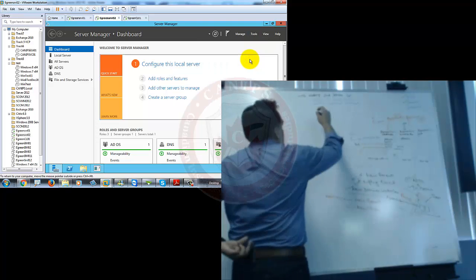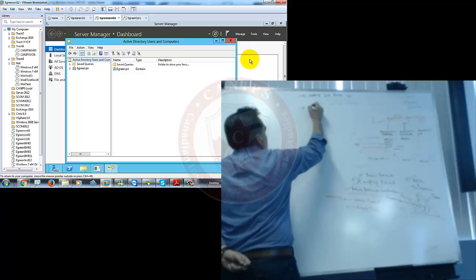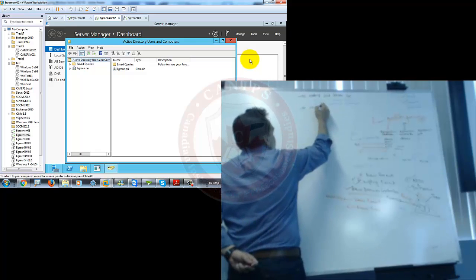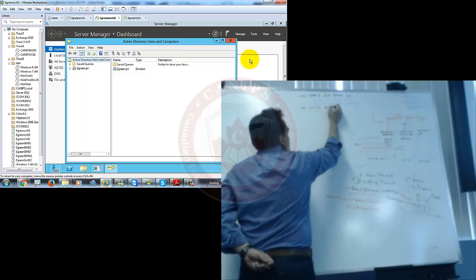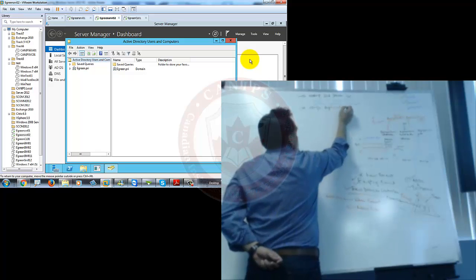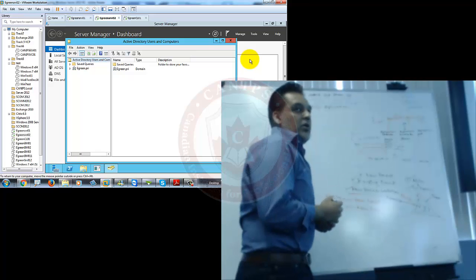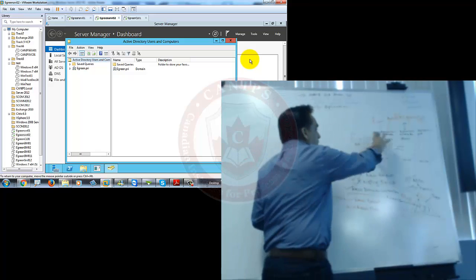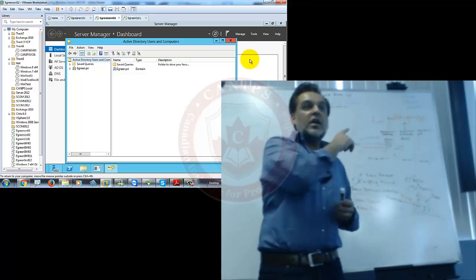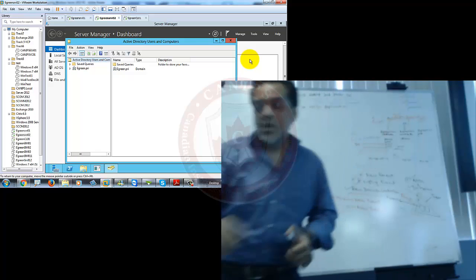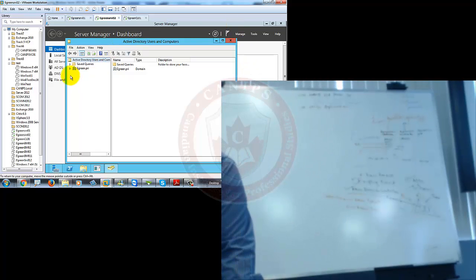So this is the second task we did: verify replication. Aman, you asked me this question, how to verify replication. We can verify replication by checking Active Directory Users and Computers. Now, if this is exactly the same, so I do see on the second server that